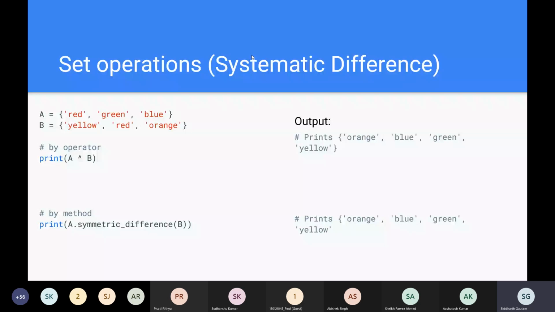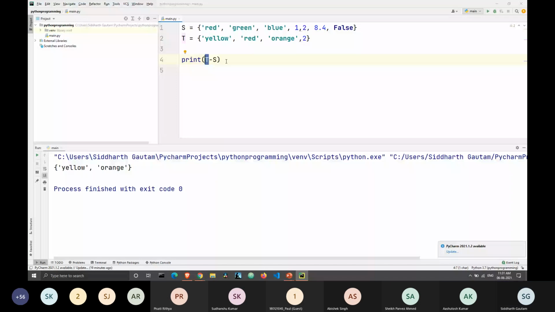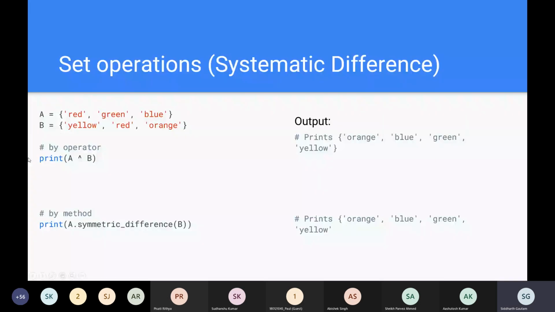I will stay in the presentation for now. The character which you have to use for symmetric difference is the upwards arrow, the caret. It's the raised-to-the-power symbol, right? When you're writing, let's say, 3 raised to the power 7, this is the character which you use. And similarly, if you want to do this using a method, you're going to be using symmetric underscore difference, and inside the brackets you're going to write the second set. So we will go back to the IDE and take a look at how this functions.